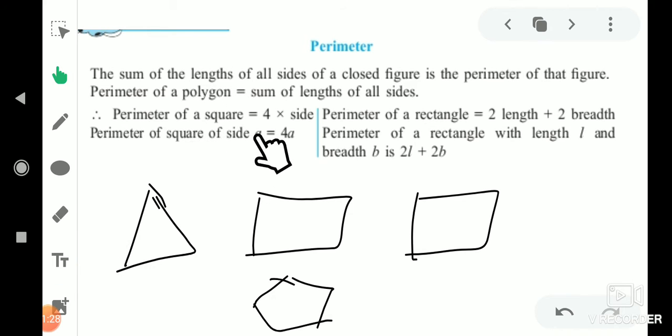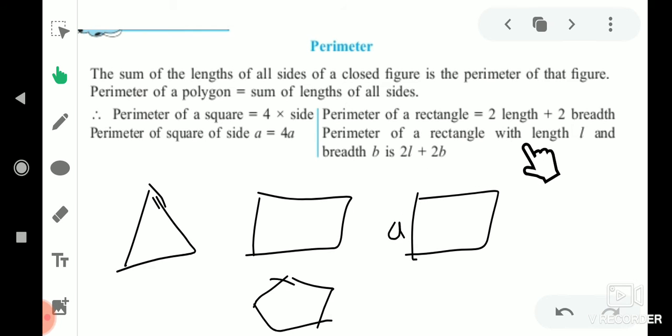Now, perimeter of a sphere. We know that for a sphere, every side is equal. Every side is the same. Okay, all the sides are of equal length. Therefore, suppose this is a sphere of side A, then all the sides will have length A. Then its perimeter will be A plus A plus A plus A, that is 4A. So the general formula for the perimeter of a sphere is 4 into side, whatever the side of the sphere.